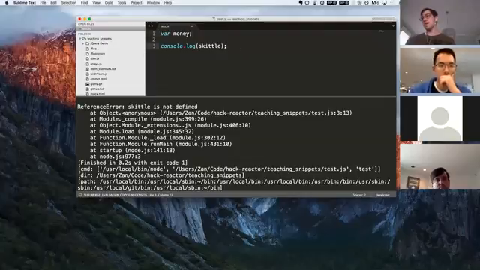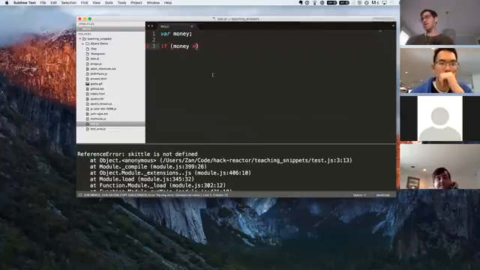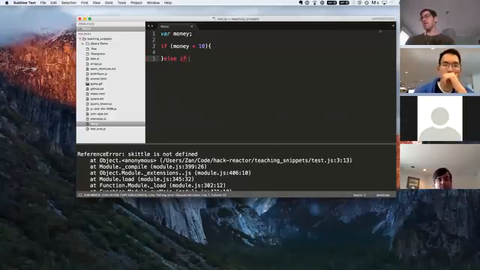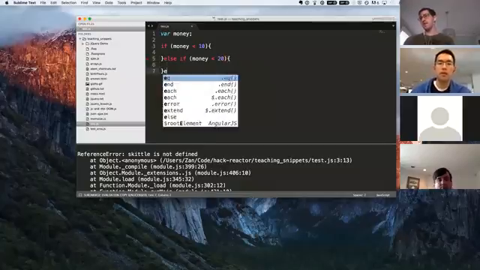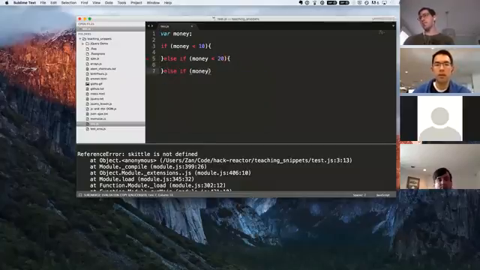So we might say if money is, let's see, money is less than 10, we'll execute some code. Else, if money is less than 20, we'll execute some other code. Else, if money is less than 50,